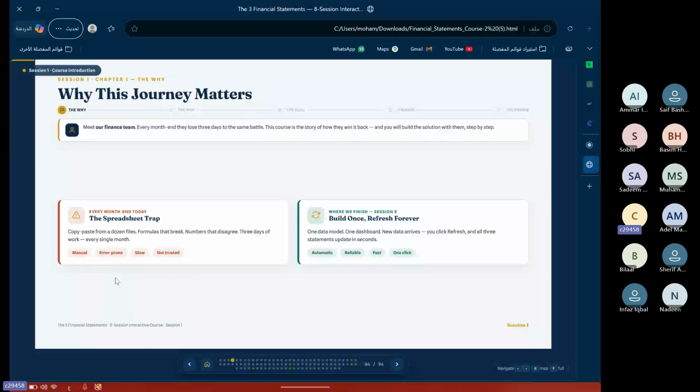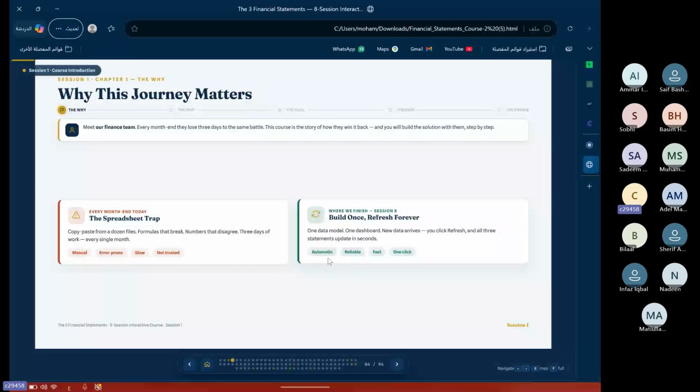In these days, this is not acceptable. So we need to go to something we can depend on, something automatic, something we build one time, then we download the data, put it in a folder, refresh, and all is finished. 5 minutes, and everything is correct, your formulas are correct.